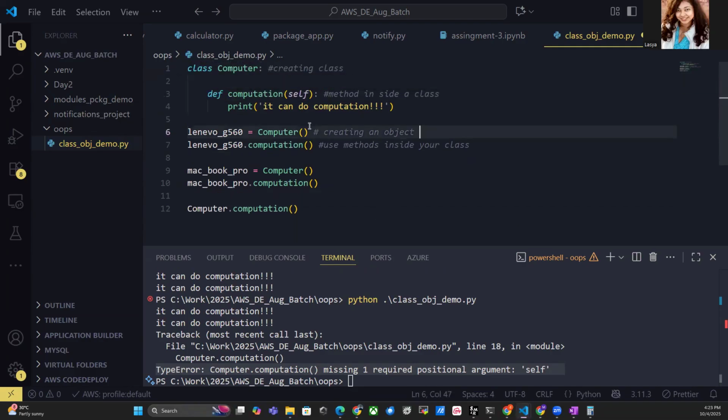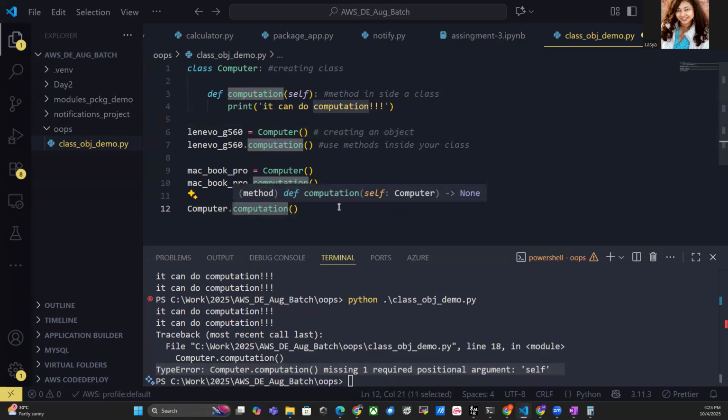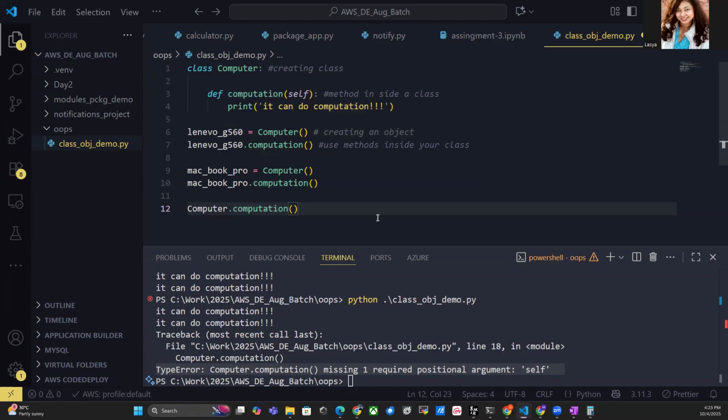Is it because we've defined two different computers, but in the last we just mentioned computer dot computation? We missed what computer it is supposed to take. Yeah, we missed what computer it is. Very important statement. See, computer is a class, right? But you should have an object to give a computer to do computation. Here there is no object. Simply I gave computer.computation. Though it has a method, still